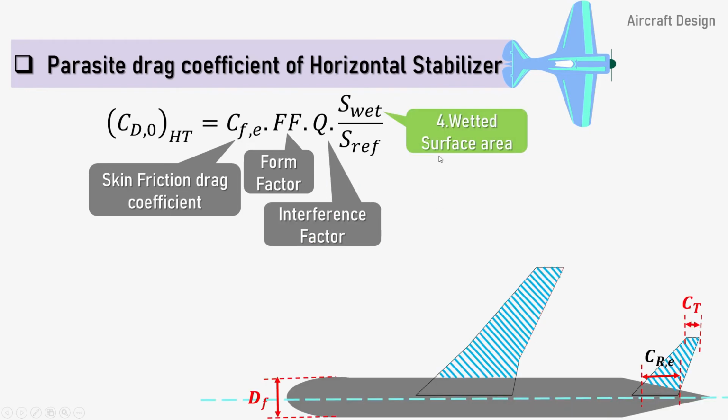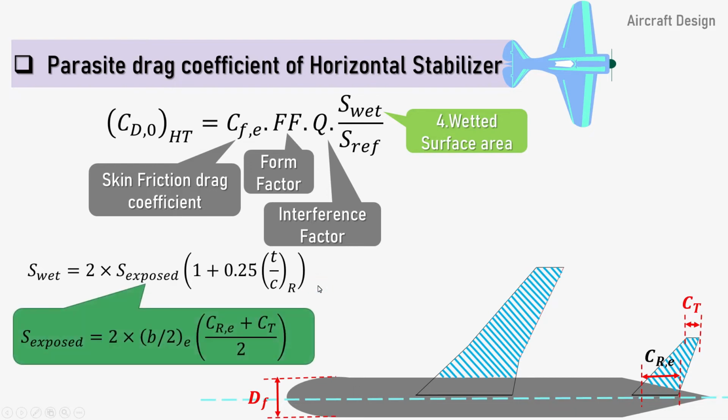Now again, coming back to the weighted surface area of an empennage. Now I will use this formula: 2 into exposed area into 1 plus 0.25 of thickness to chord ratio. In case of my empennage design, my thickness to chord ratio was around 9% and I have chosen an airfoil, NACA 0009. Okay, based on this basic formula, as I have explained in the wing, the same phenomena you have to proceed. Make sure with the formula you do not make any error. So I have found my exposed area.